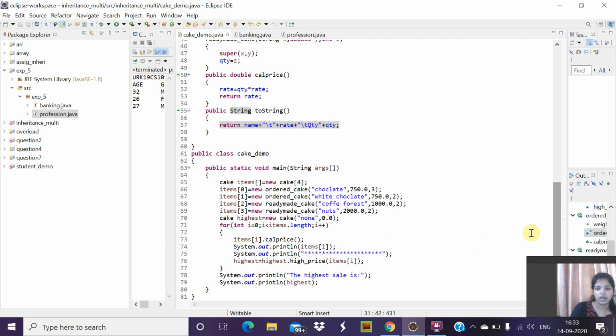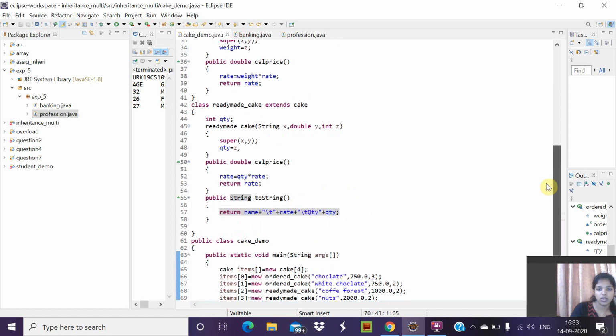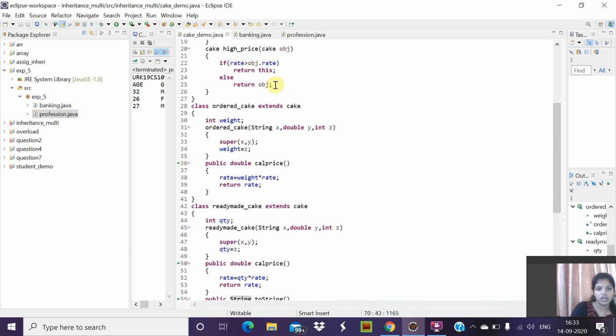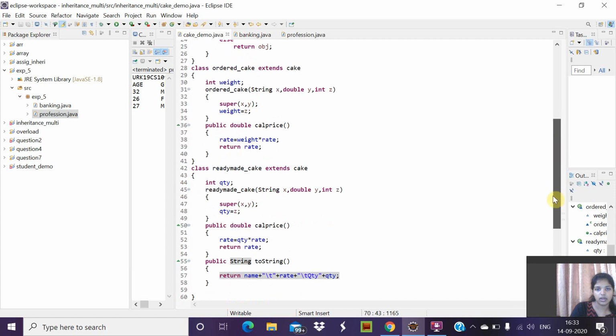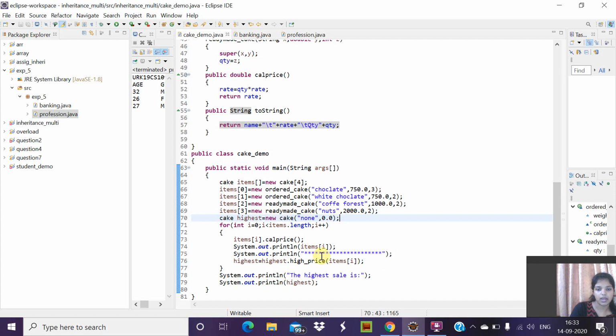It will print using this function. It will bring the highest price cake.